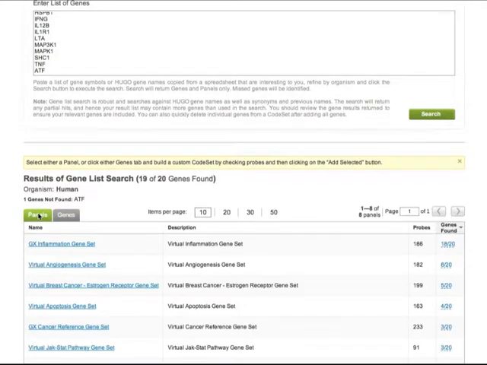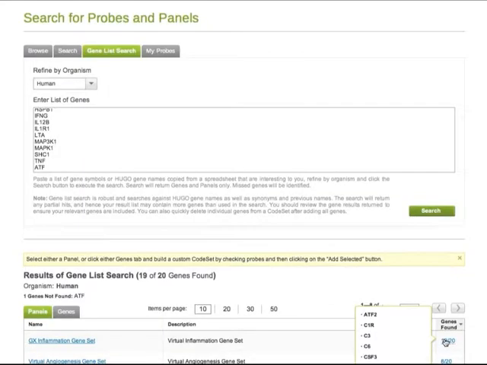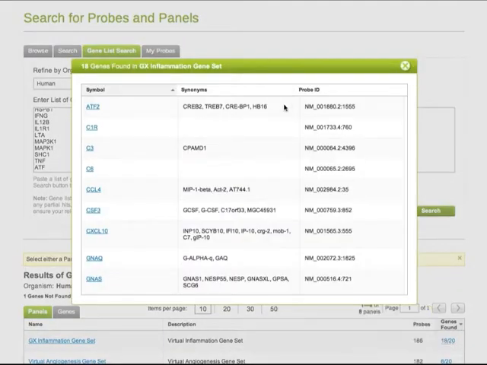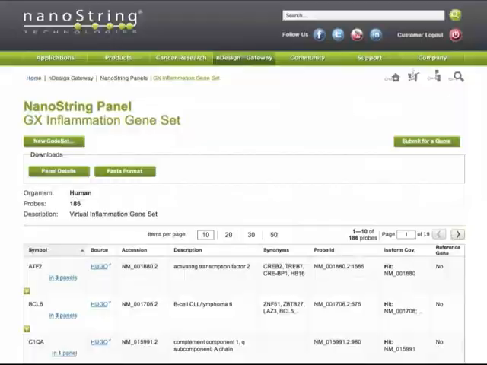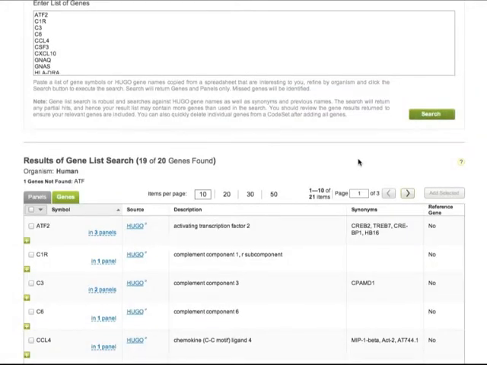The Panels tab allows me to see how many of my genes are in our existing panels. So in this case, we can see that 18 out of 20 of the genes that I put in my gene list are in our inflammation panel, and I can either hover over or click to see which of the genes from my list are present in this panel. But in this case, what I actually want to do is to design a code set using the genes that